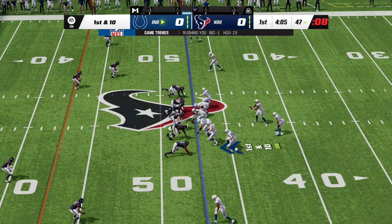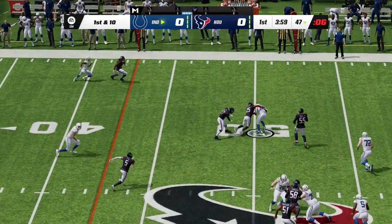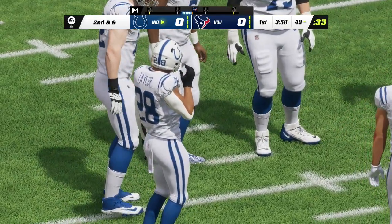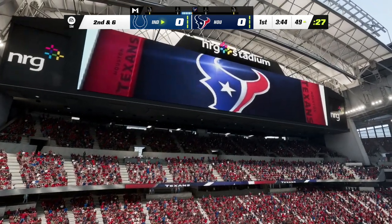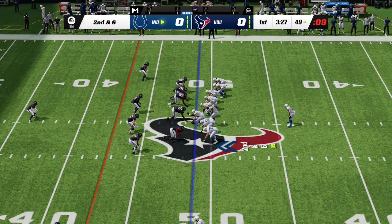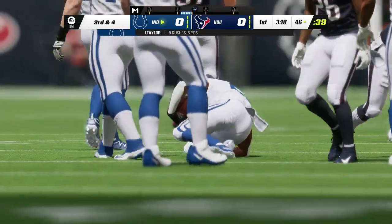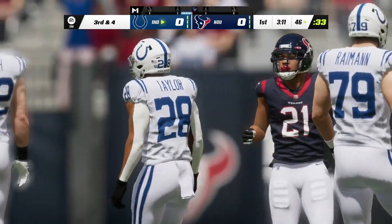The big play has him all the way out near midfield for a 1st and 10. Running straight ahead, Taylor. And he goes across midfield and down into Houston territory. Desmond King making the tackle. Second down, another run with Taylor. And he'll work free from one tackle, but that's about all as he's taken down. 3 yards on the pickup. That's going to set up an interesting third and about